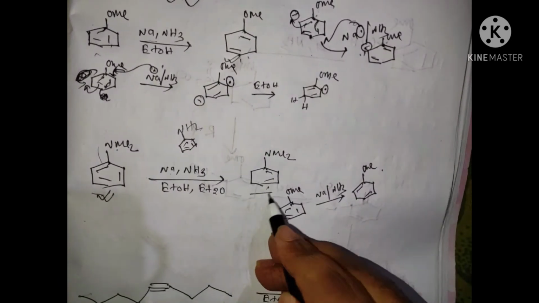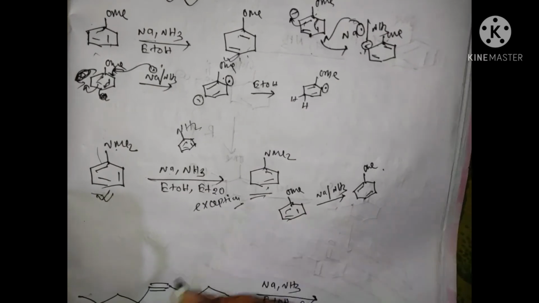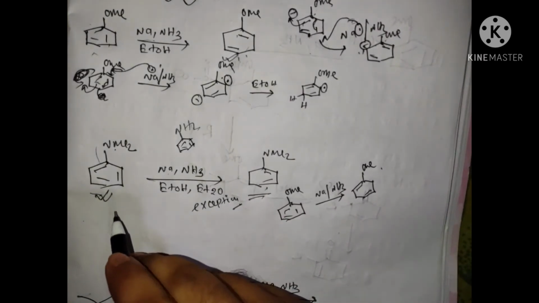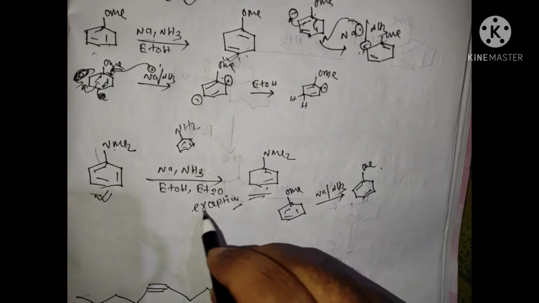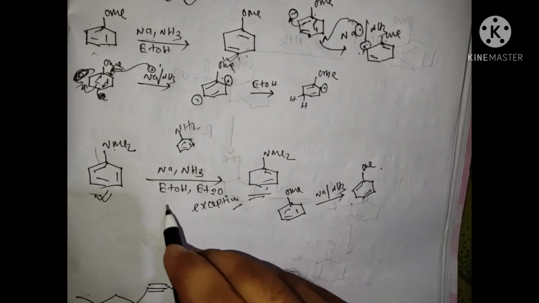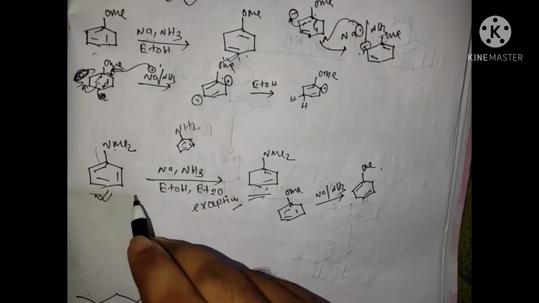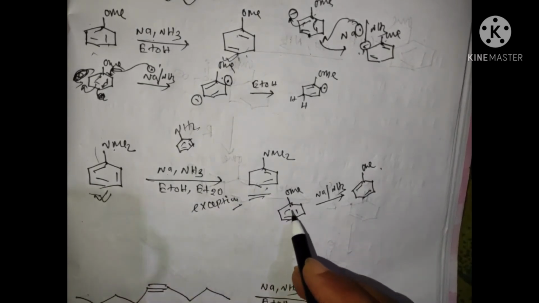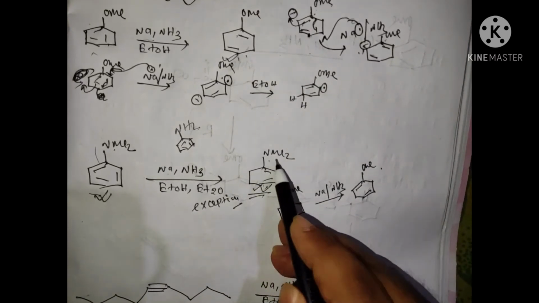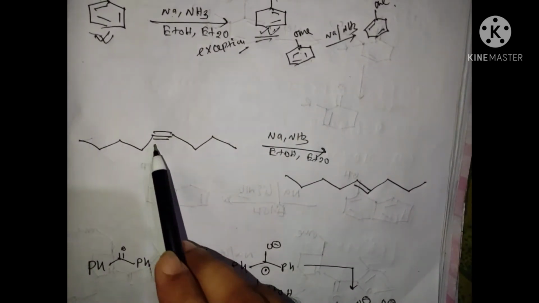Okay, we get the conjugated product, and this is an exception. We always get the conjugated product, and you have to remember this, because it is very important in CSIR NET, GATE, or any entrance exam. People who have not studied this always make the non-conjugated product, but this is the actual product in the case of NMe2 or aniline. Okay, next is triple bond reduction.